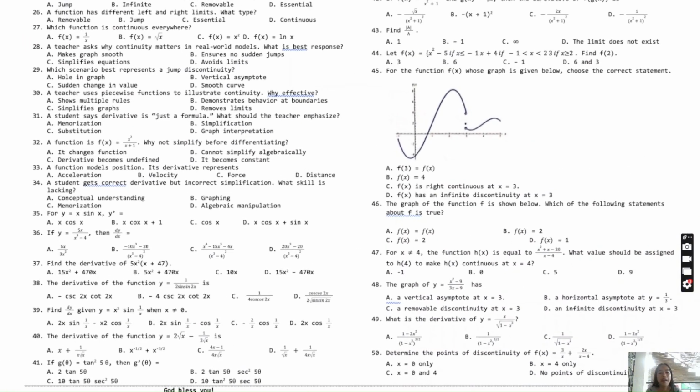And that concludes our discussion of the midterm examination in differential calculus. For this activity, we were able to review and understand key concepts such as range and domain, limits, continuity, and derivatives along with their applications. I hope the explanations helped clarify each problem that was given and strengthen your understanding of the topic.